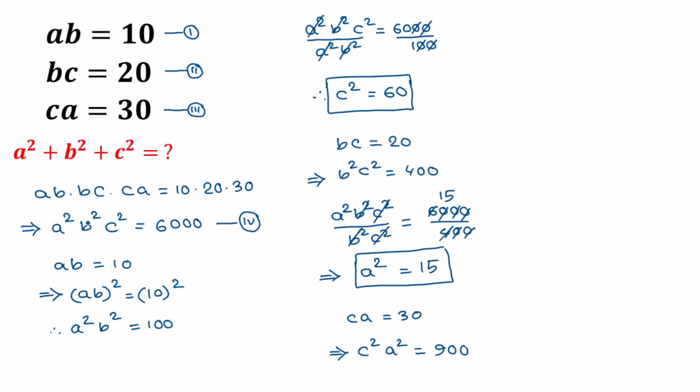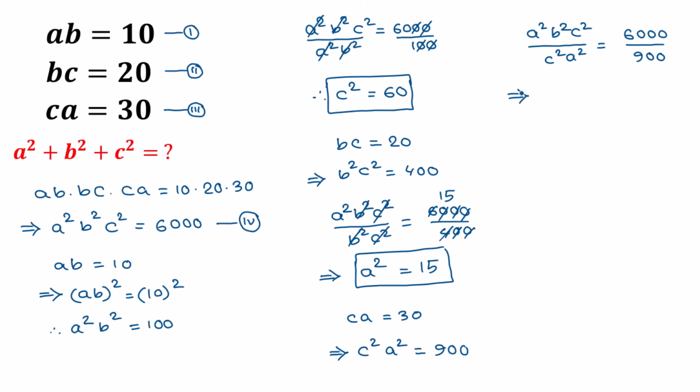And if we divide equation 4 by this C square A square, we can write from equation 4 A square B square C square over this C square A square is equal to, this value is 6000 over this 900,